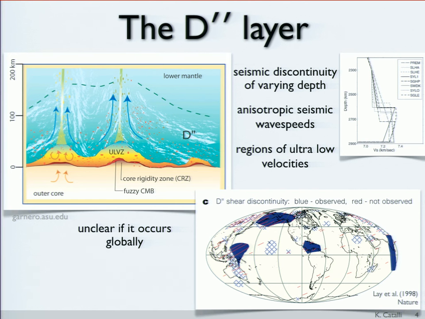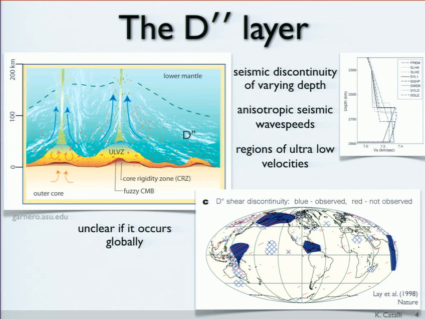So the D double prime layer is a really interesting region of the Earth. This layer, as I said, is only about 200 to 400 kilometers thick. But it marks the boundary between the liquid iron outer core and the rocky mantle. So you can understand that there'd be a lot of interesting processes happening here. In addition to it being a chemical boundary layer, the boundary between two very different chemical compositions, it's also a thermal boundary layer and plays into a lot of the dynamics of the